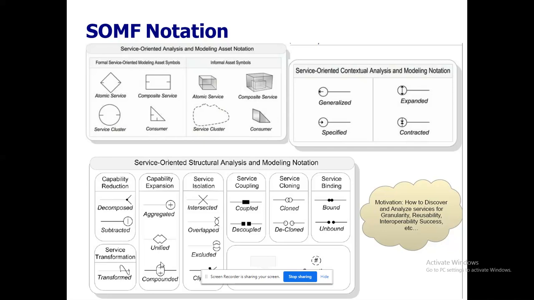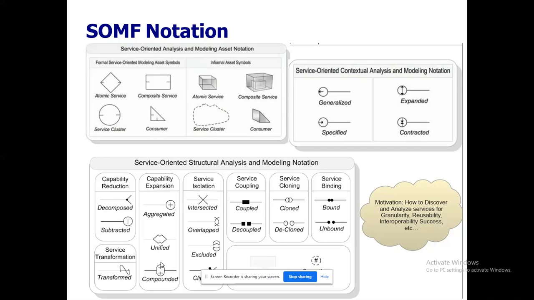Output of one web service is given as an input to the other web service, right? In that case, this intersected notation must be used. Overlapped means that for a single web service, part of the section will be run by web service 1, and the second part will be run by web service 2. In that case, that notation will be overlapped.